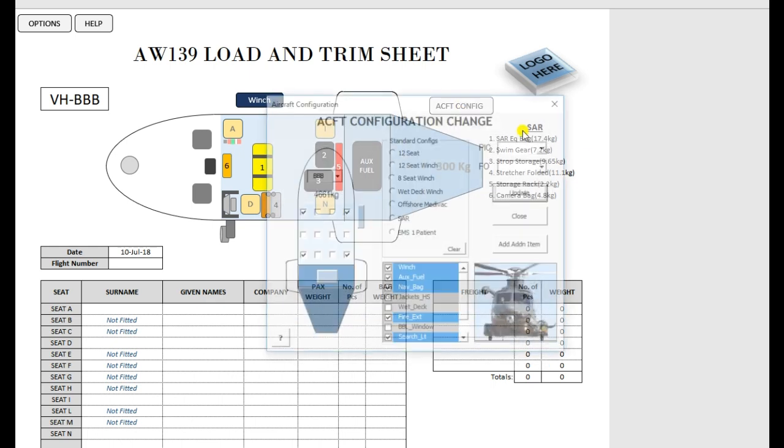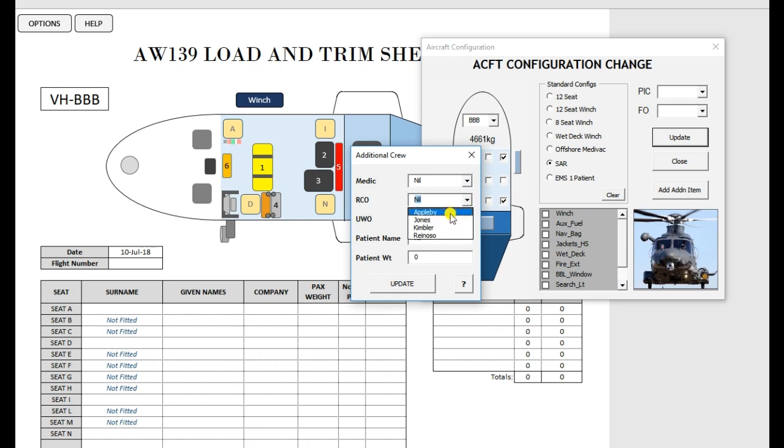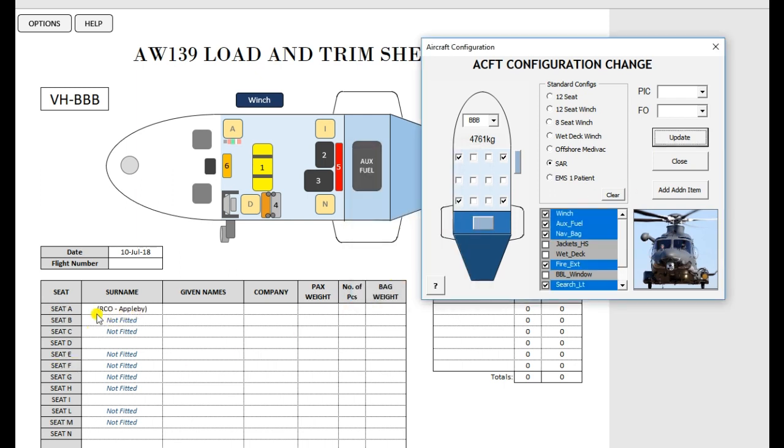The RCO is now in the configuration, so when you enter the configuration, you should be asked to enter the RCO. That would be update, and you can see the RCO is now entered in seat A. His weight's not in the manifest because it's actually included in the basic empty weight of the aircraft. So if you put some pilots in,